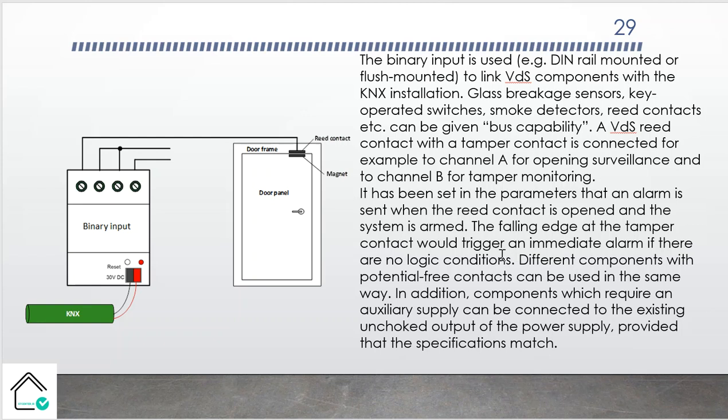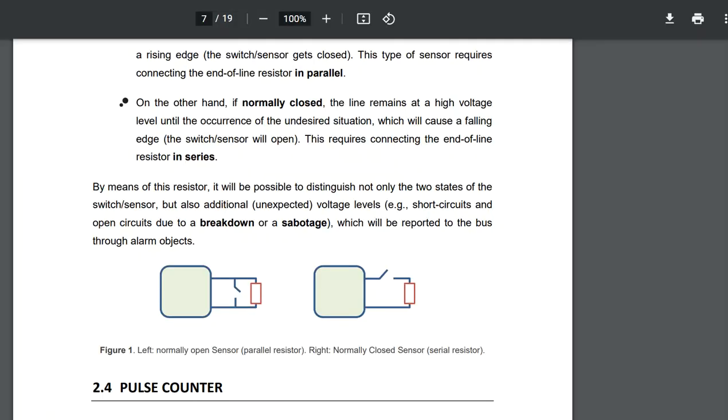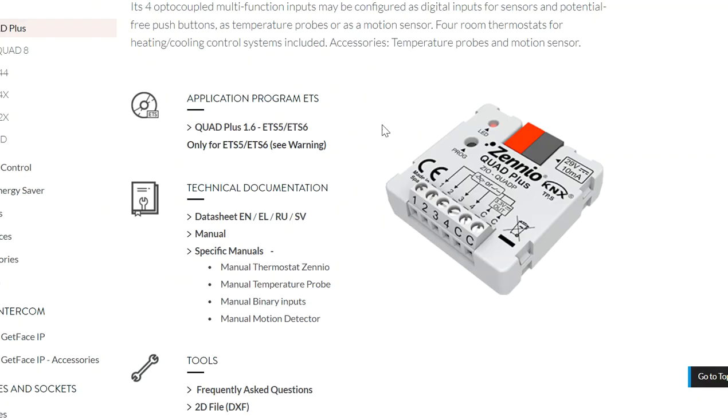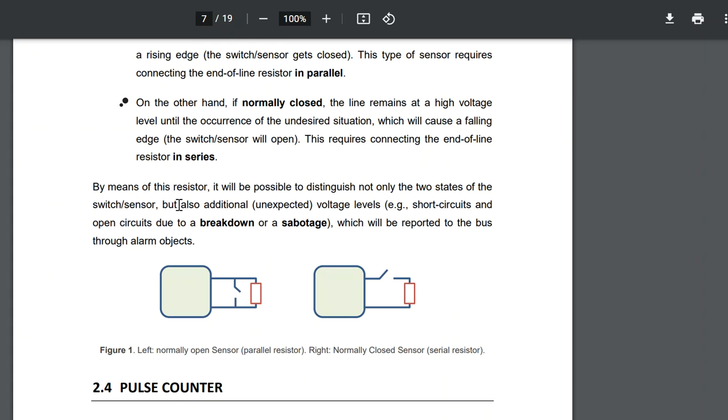In addition, components which require auxiliary supply can be connected to the existing unchecked output of the power supply, provided that the specifications match. So here I would like to show you the product from Zennio. It's a binary input, but it provides some nice features. By means of a resistor, you use the resistor in the binary input. It will be possible to distinguish not only the two states of the switch sensor, but also additional unexpected voltage levels, a short circuit and open circuit due to breakdown or a sabotage, which will be reported to the bus